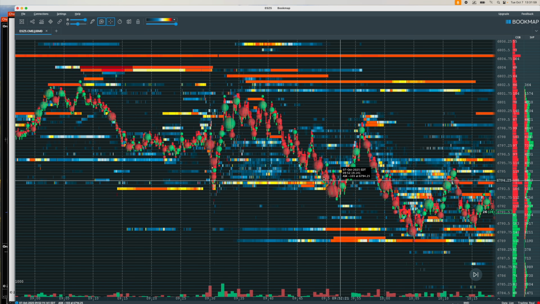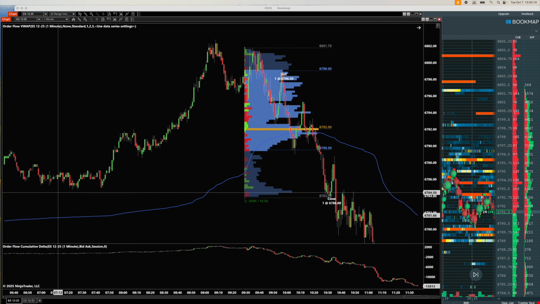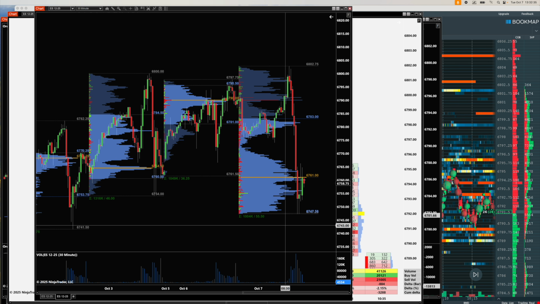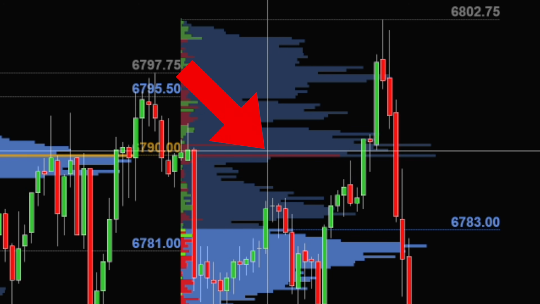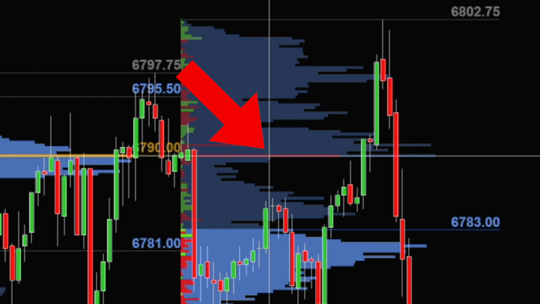My thesis on this trade was selling starting to come in after the open, buyers trapped at the high at the 800s, and I want to target a move down towards this consolidation range that got put in around 7 o'clock this morning. Again, on this 30-minute chart, what this looks like is this high was made, we start to sell off, we reject, I get short right in here, and I target this massive negative delta level from yesterday's